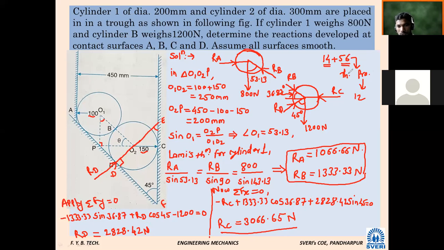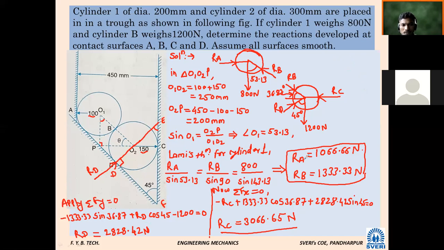In that descriptive, theory plus problem. Theory for some marks, problems for the remaining marks. Out of that again, this is a 12 mark problem, like the problems we are solving from the morning. So one problem I will give, the same problem we solved in the morning session, only a little change is there. You can solve that. Shall we go next? I will give one problem, then we will go to next.